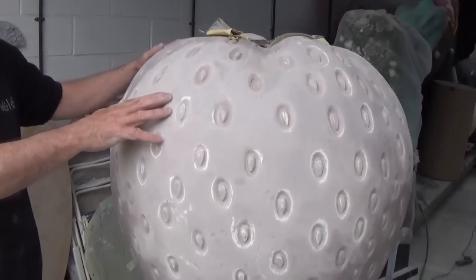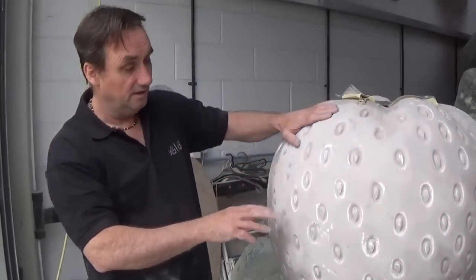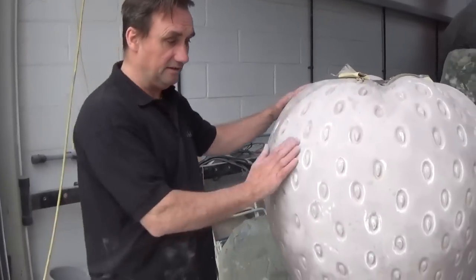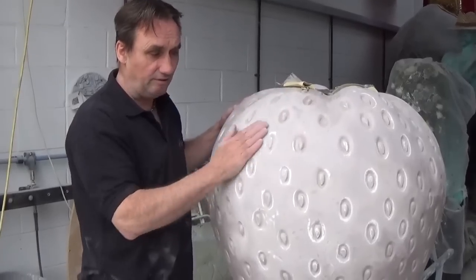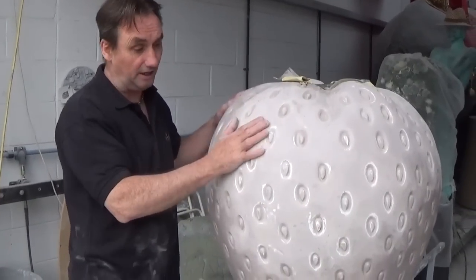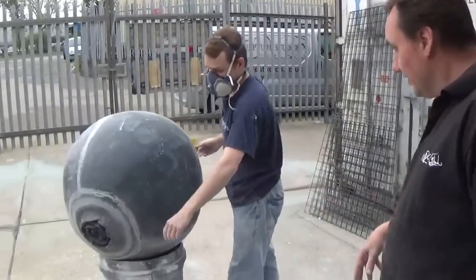Better to get it right at this stage so that once we've made the mould, it's just far less cleaning up each time we get a cast out. Also we can see it, because in the clay you can't really see all the lumps and bumps. Here you can actually rub it down to get a lovely good surface to the whole thing, so that's good. And over here we have the blackcurrant,